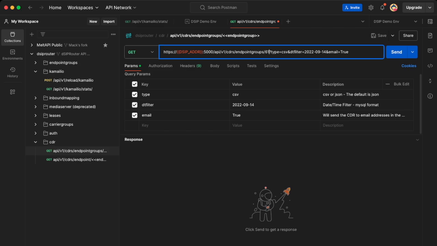So let's do 61, and then we're going to do CSV. Then we're going to specify that we want 2024, and we're going to say July. And I think what we want to do here is say we want everything from the 6th, which is when these records actually existed here. And we don't need the email portion of it